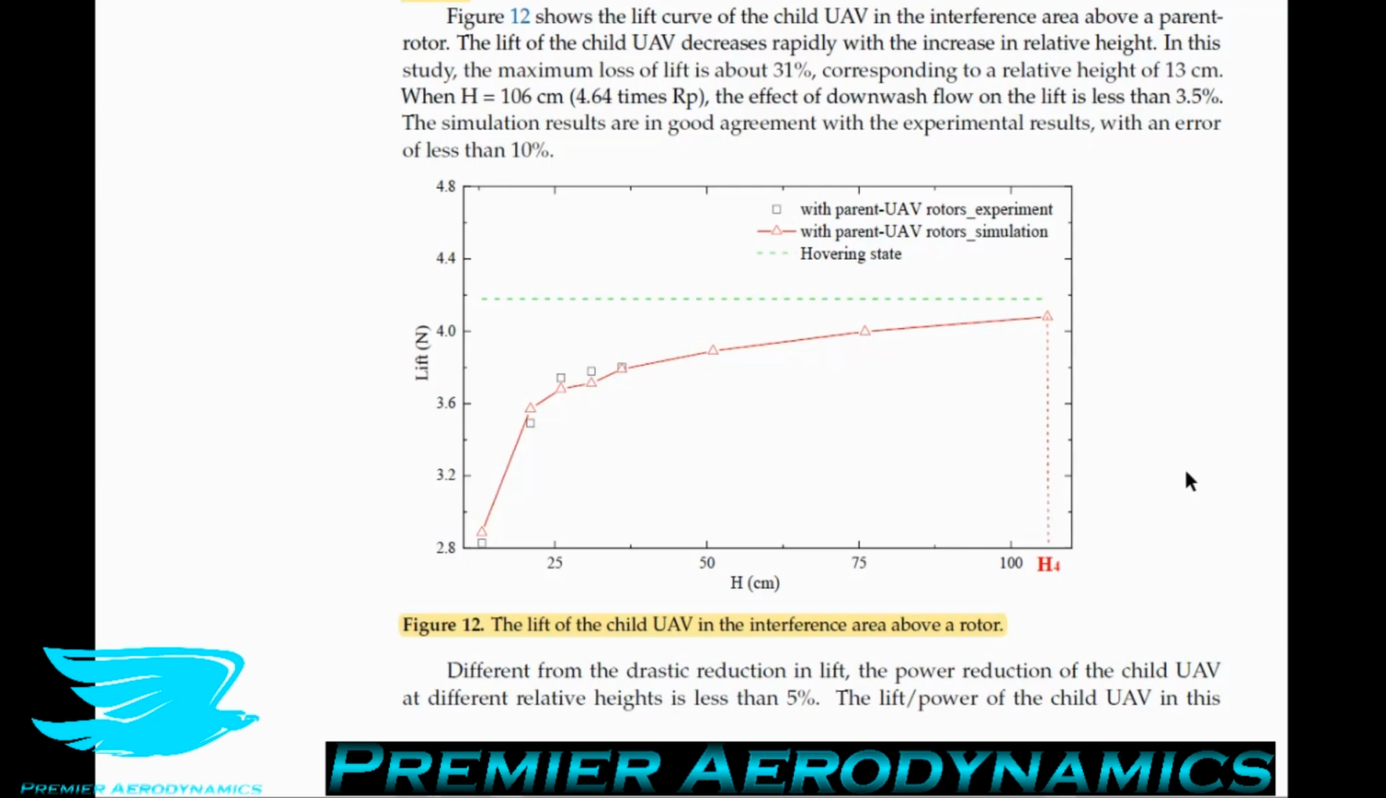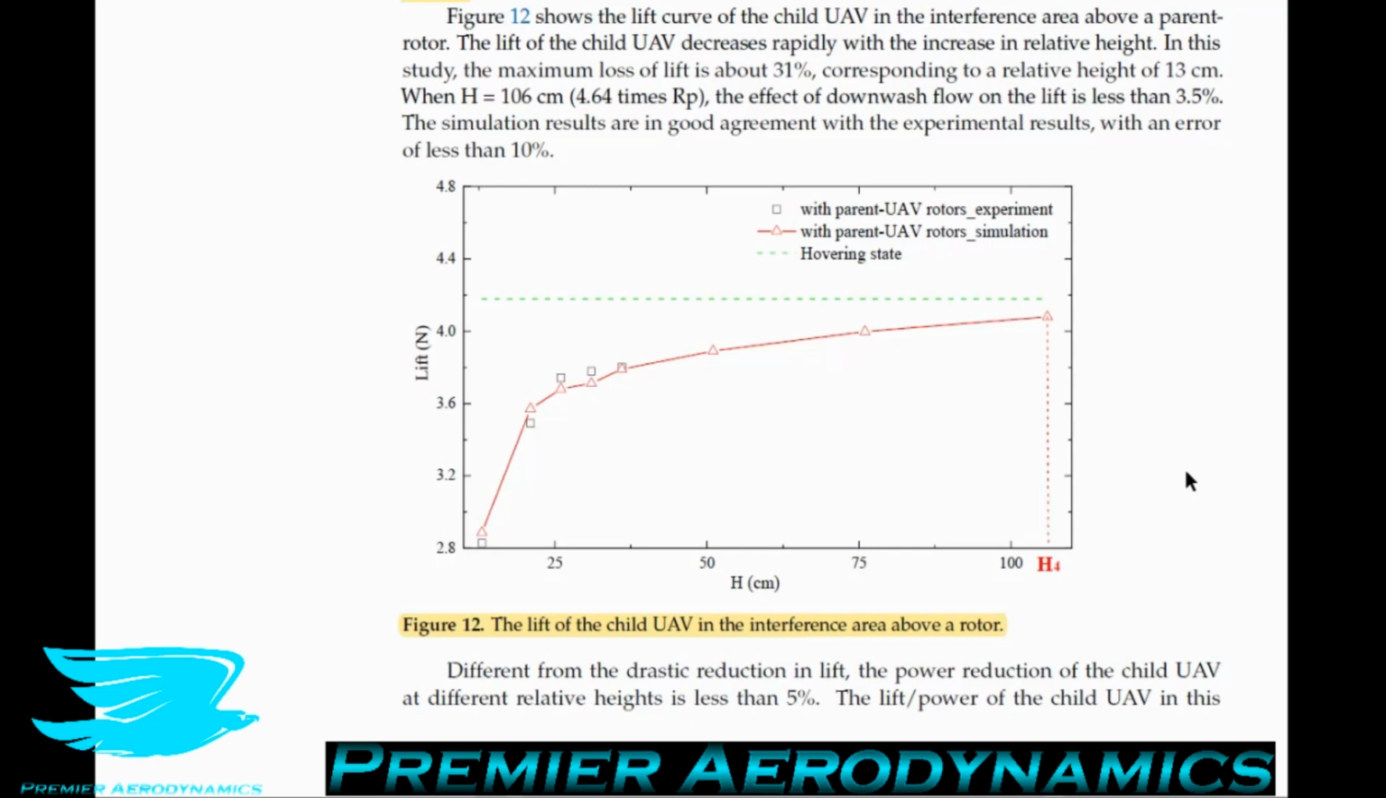In the hovering state, the child UAV typically produces about 4.2 newtons. And this is just enough for it to get off the ground and hover, because the child UAV is about 0.42 kilograms. So that's just enough. Then they have a red line which shows the effects on the lift as you get closer to the rotor from above. So you're coming down above the child UAV, getting closer to the parent UAV from